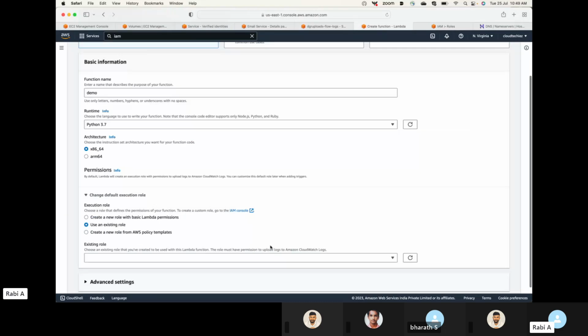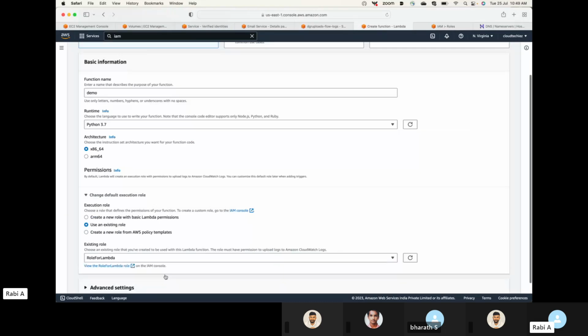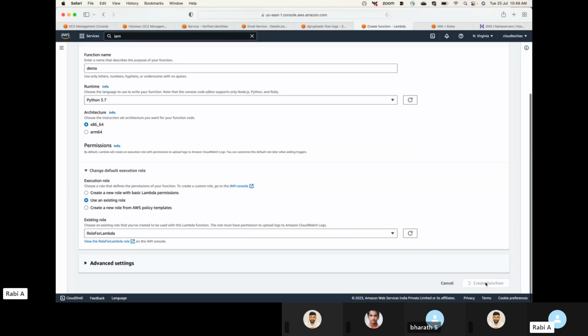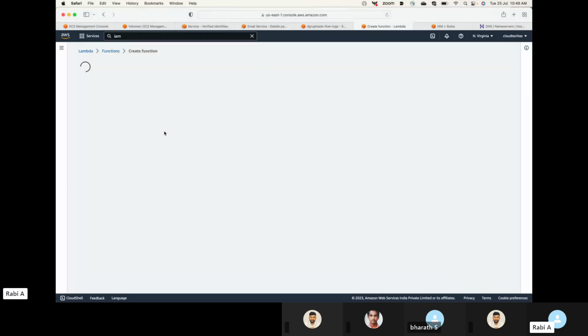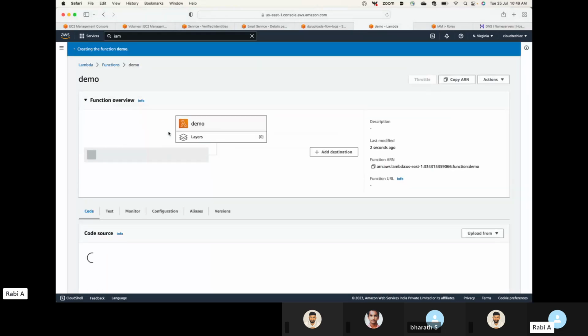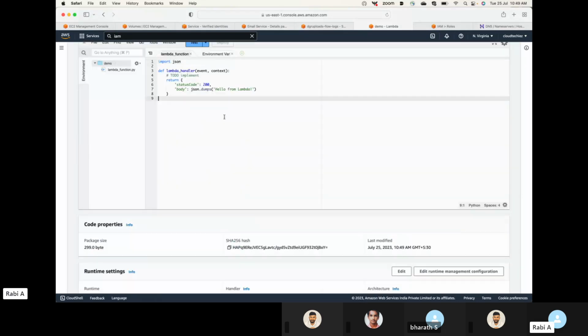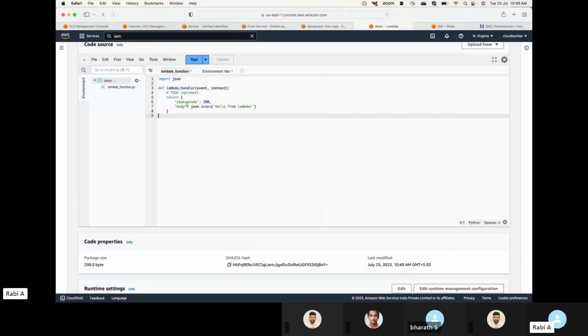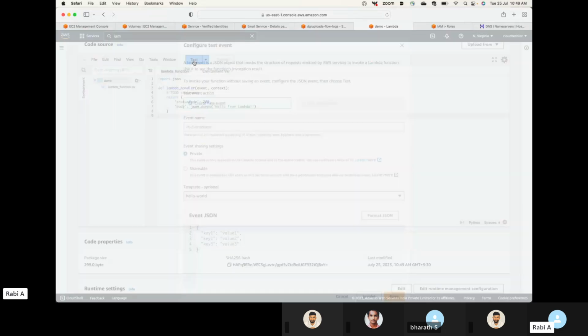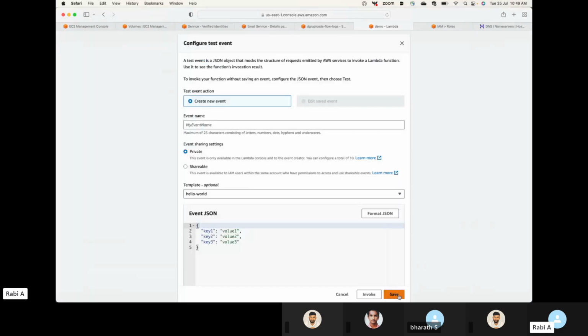So we'll attach that role over here. I should be able to see that role over here. And then click on create function. As you can see here, nowhere have we defined the CPU, the RAM, the storage, nothing, right? Once you create this function, you will need to give the code, your actual code. So this is a test code you have. If you click on test and just click on save,